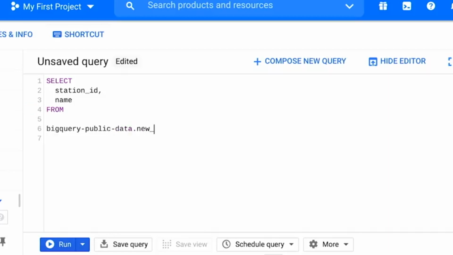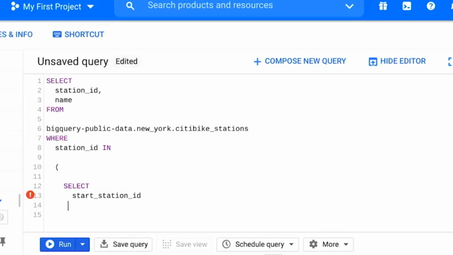And this time, we'll use a where statement. We'll also use in so that we can specify multiple values in this where statement. Then we'll put our subquery in the parentheses. We'll add select, from, and where again, but this time we'll tell it that we only want data on specific customers.